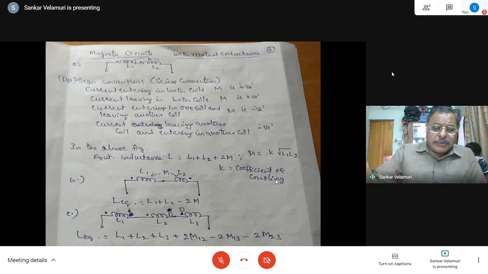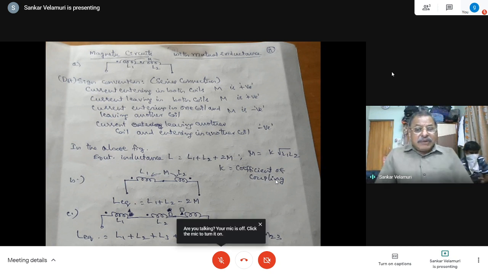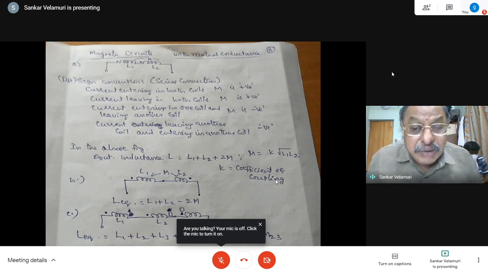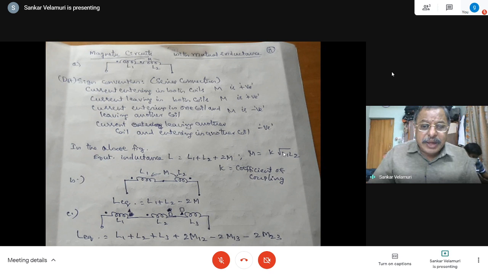K is equal to the square root of K1 into K2. If K1 equals K2, that is, the coefficient of coupling is the same between these two, which is normally expected because both show similar properties, being identical material coils. We don't talk about the materials here, but from the circuit point of view, L1 and L2 are the self-inductances of the individual coils. M is the mutual inductance between the coils, where M12 equals M21 equals M. Then the coefficient of coupling equation is M equals K into the square root of L1 L2, or K equals M by the square root of L1 into L2.